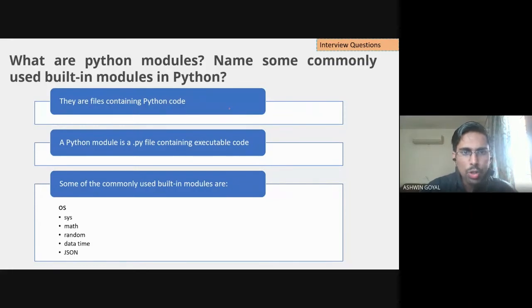So what are Python modules? Name some commonly used built-in modules in Python. So what are Python modules? These are files containing Python code, right? These are files which contain Python code. And a Python module is a .py file. This is the extension, .py extension. This contains executable code. So when you run this file, all the code that is written in the file will